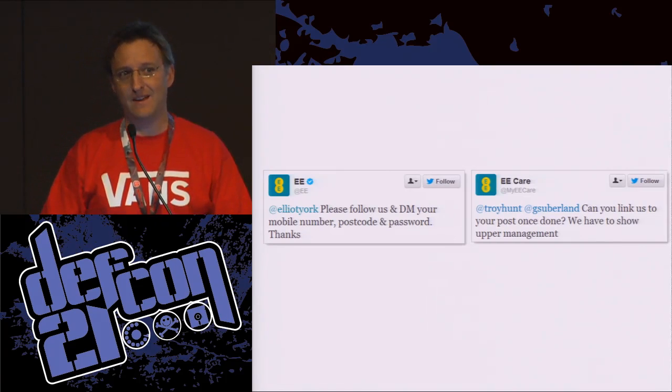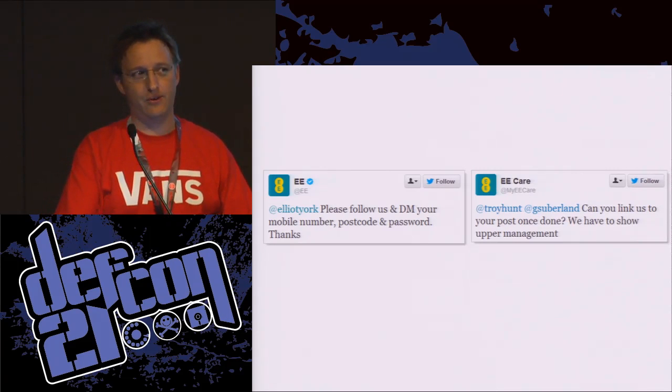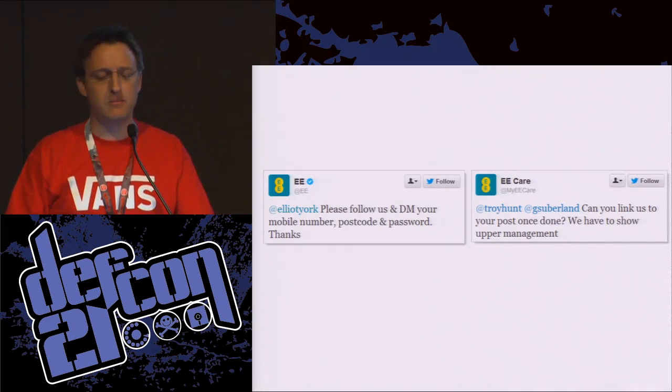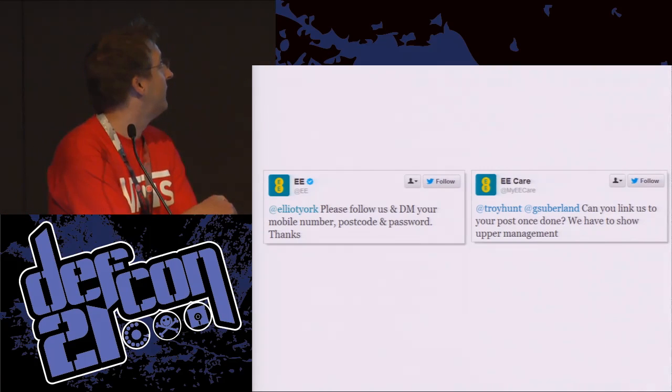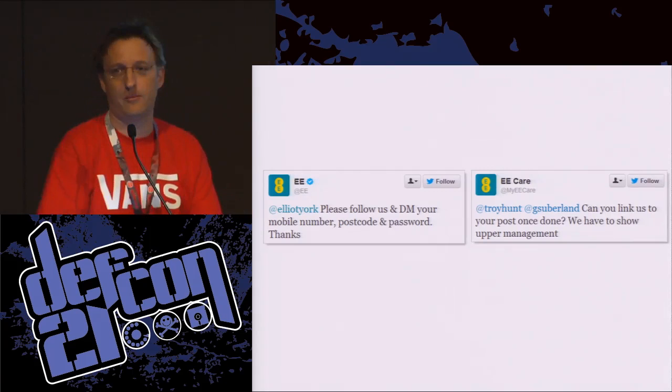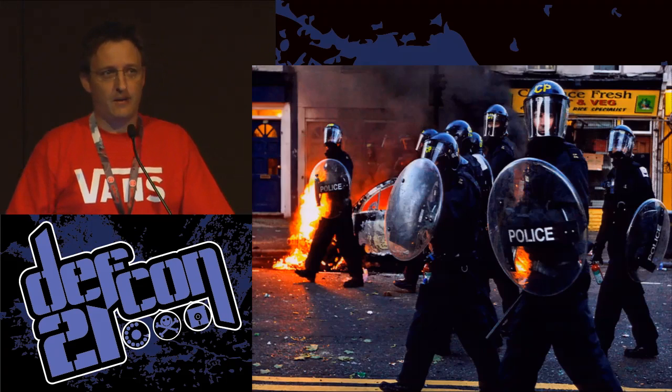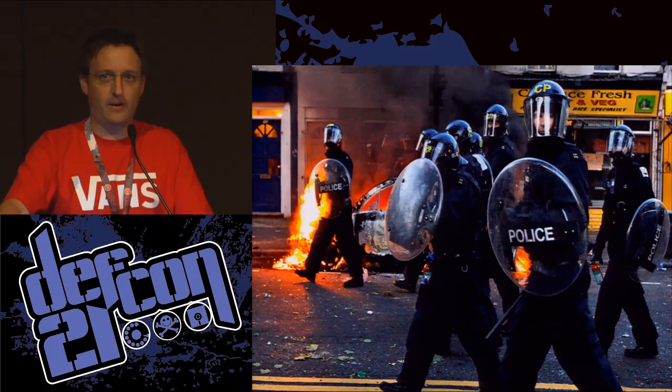But the point is that if you can get your bot to work on behalf of a brand and get in there before your brand, a number of users aren't actually going to check whether it's the legitimate one or the non-legitimate one. Then after our Black Hat talk on Wednesday, a gentleman came up to us and started asking